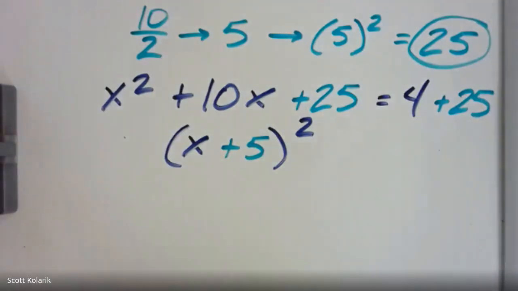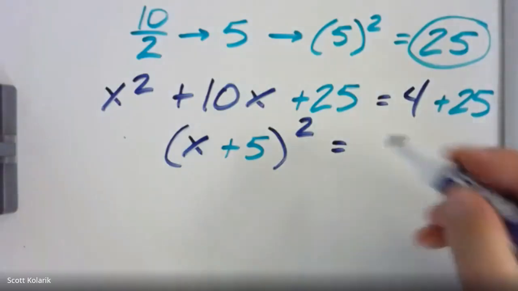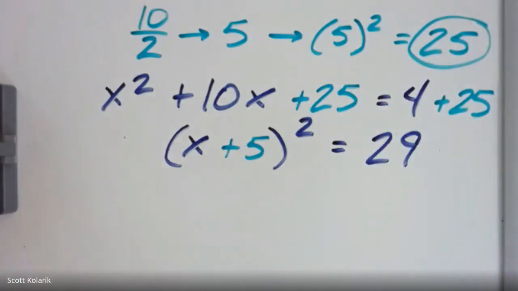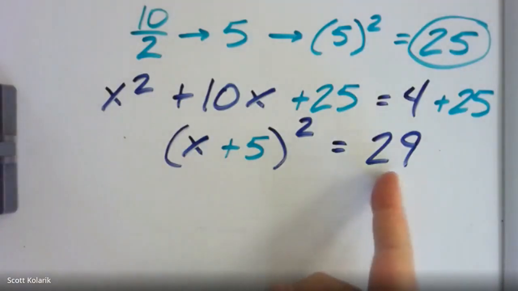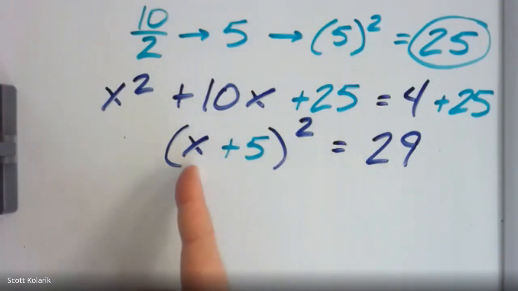On the right-hand side of the equation, I can combine those two terms just like we did in the last problem. 4 and 25 give me 29. Now, unlike the last problem, when I try and take the square root of this, it's going to give me a weird answer. Okay, but the process at this point, in order to get this x by itself,